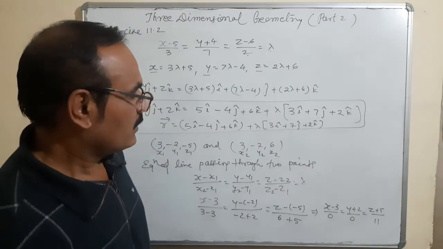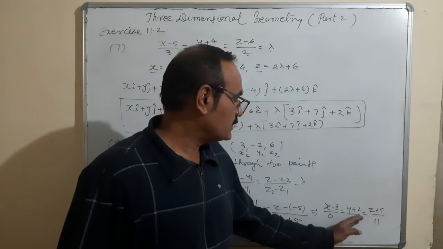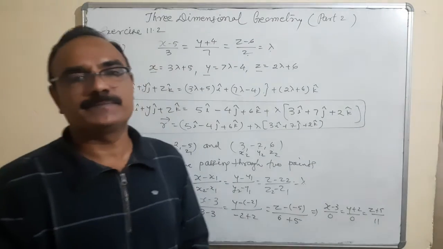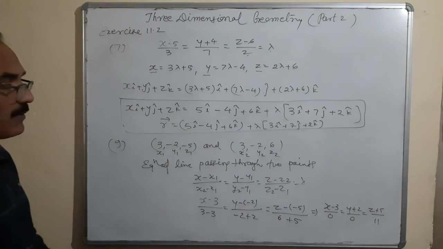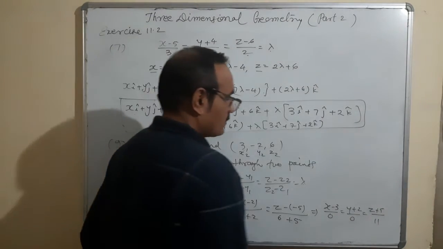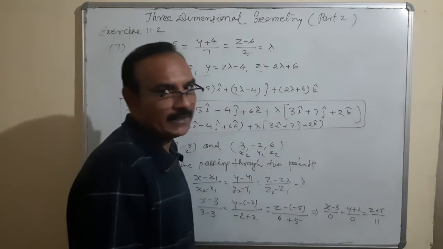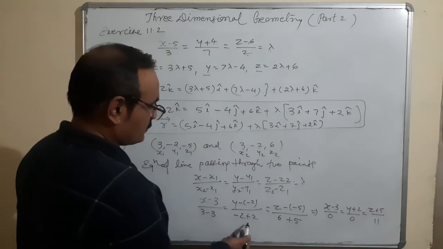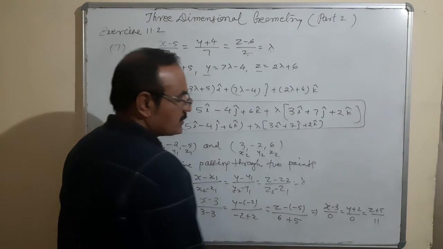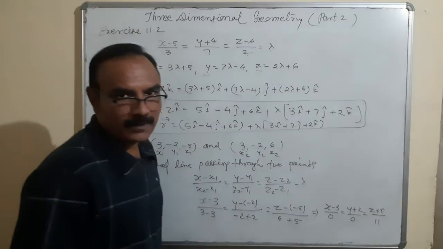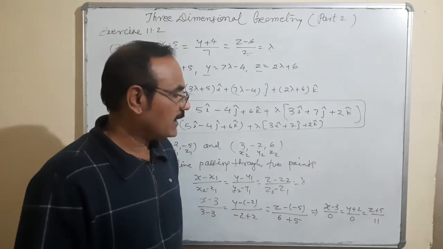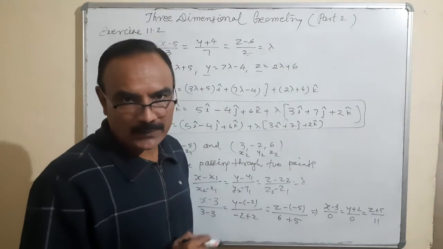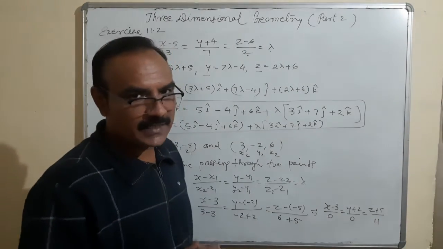Okay. So nothing special in that. These terms are not defined. z plus 5 upon 11. So that means the equation of the line is z plus 5 upon 11. Other terms are not there. The direction ratios are coming there, 0, 0 and 11. And if direction ratios are 0, 0 and 11, what does it mean? This is the line only along the z-axis. Okay. It's a line along the z-axis.